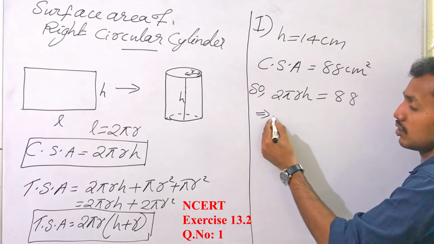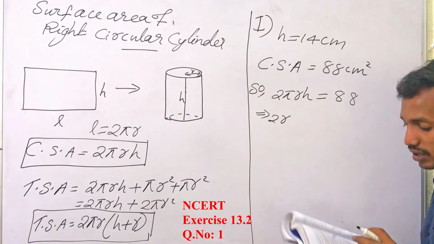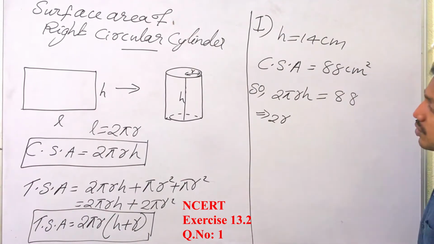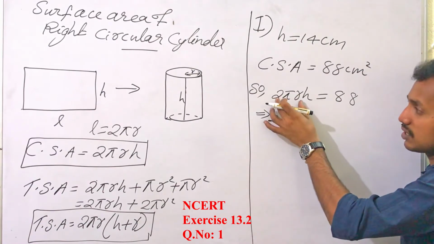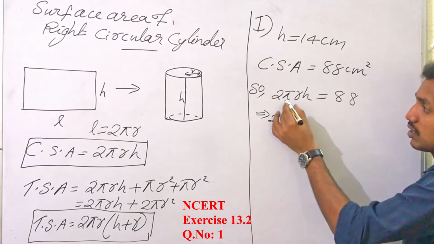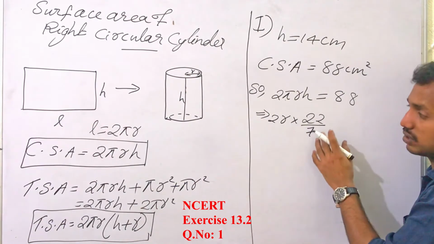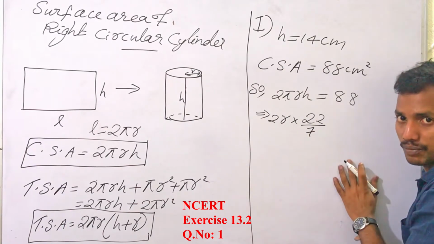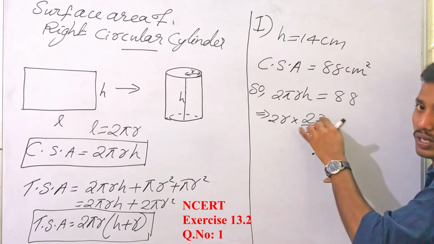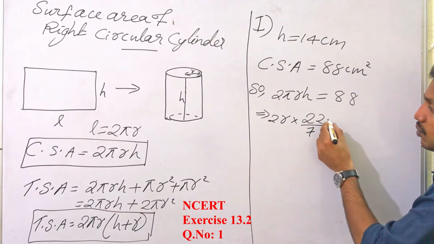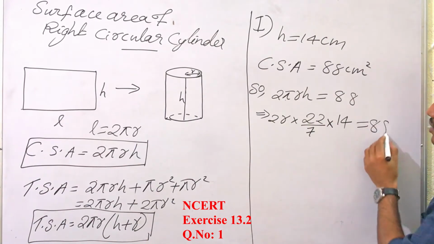That implies, 2r we write together, because we need the diameter in this question. Okay, the question is to find the diameter. So we need the diameter, and diameter is 2 times the radius. So instead of finding the radius separately, we can just write together 2r. Into what is pi? Pi we can substitute as 22 by 7 until and unless it is mentioned in the question that pi equal to 3.14. If it is mentioned pi equal to 3.14, substitute that value. Otherwise you can substitute pi equal to 22 by 7. Into what is height? Height is equal to 14, which is equal to 88.